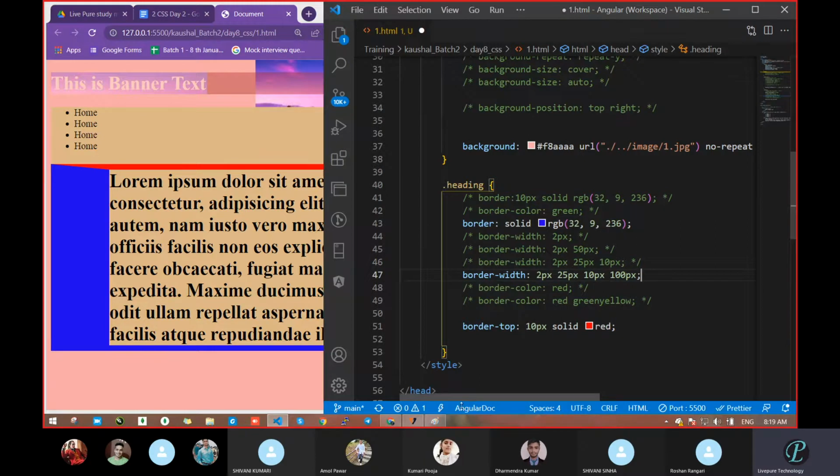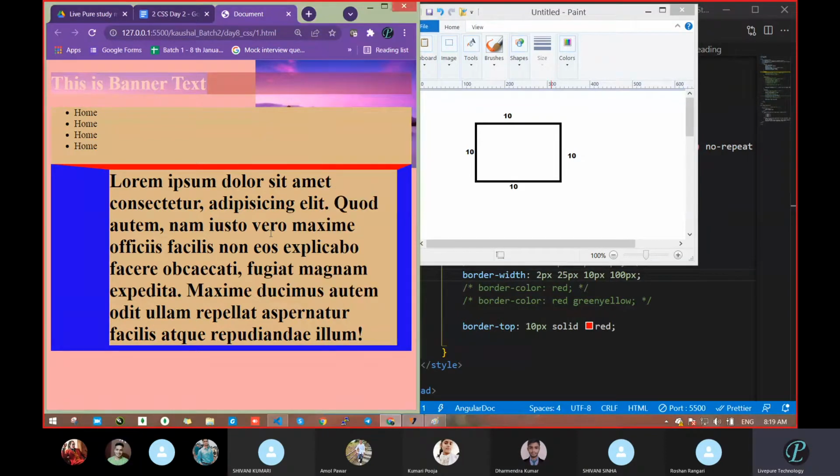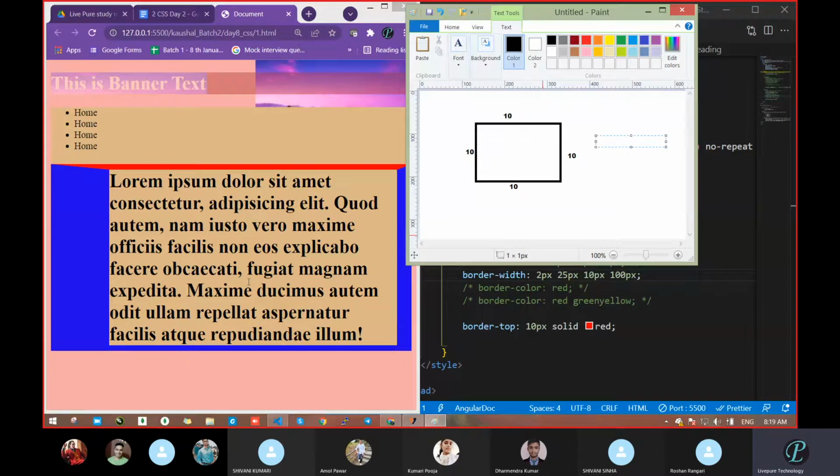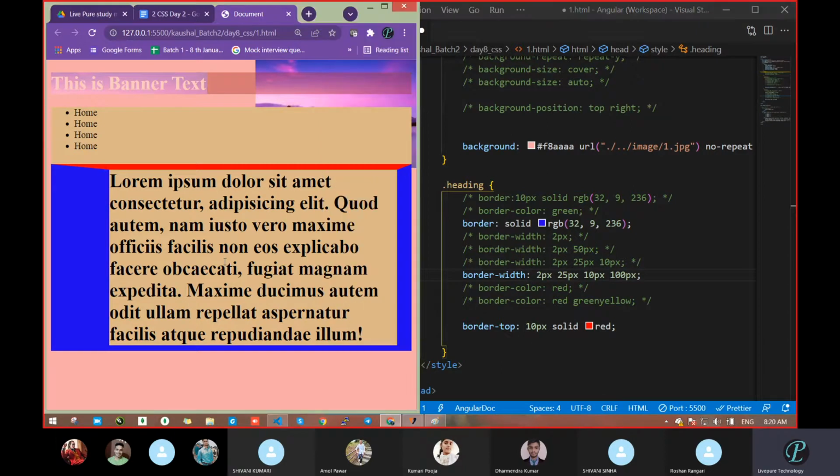Can we pass 5 values? No. Where will the fifth value be applied? It has 4 sides. The fifth value will not work, because we passed 4 values, width or whatever, as there are only 4 sides. Then how would that fifth value work?